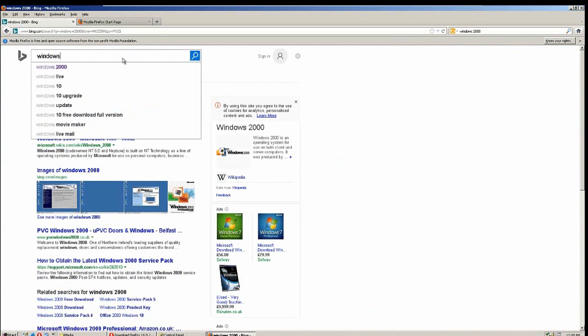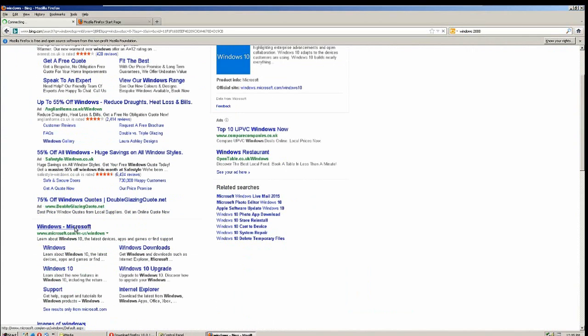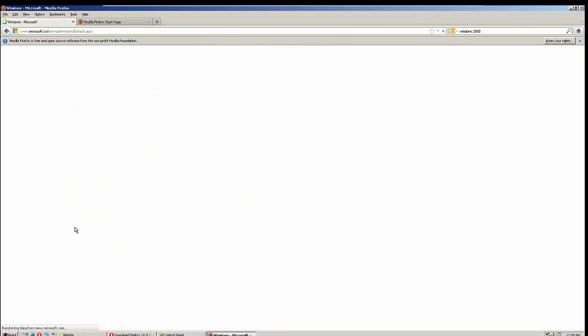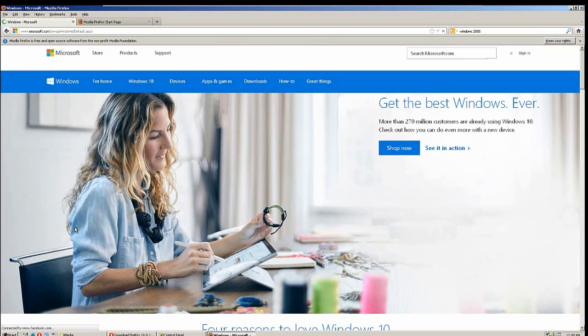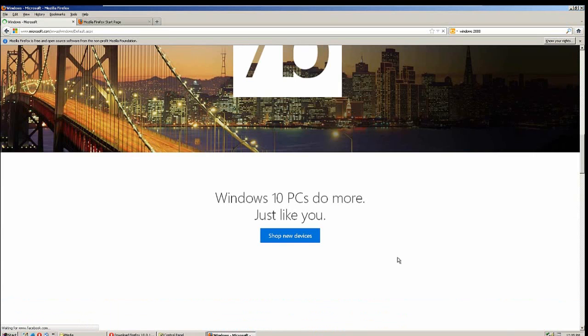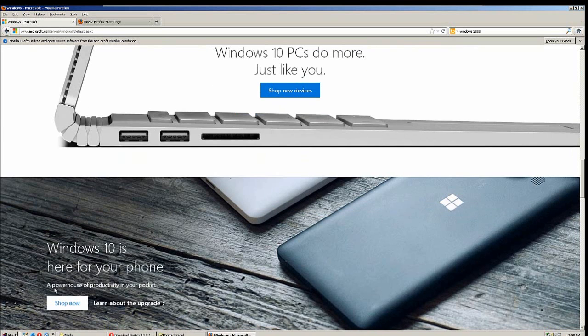Actually, let's head over to the Microsoft website and just see if it tells me to upgrade to Windows 10, if it can detect Windows 2000, because I know it definitely detects Windows XP. I do not care that Mozilla Firefox is free and open source. Okay, so we have no upgrade to Windows 10 banners at the bottom. Well, we have the whole advertisement for Windows 10 on the website, of course, but we don't have any of the banners at the bottom that say